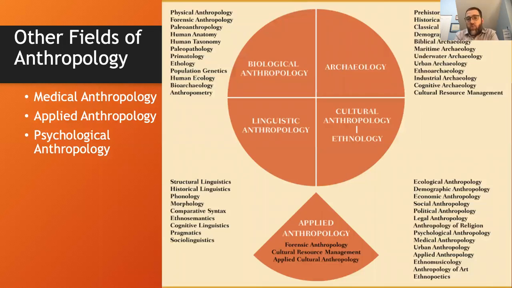So I said that these are the four main fields of anthropology. You don't have to know anything on this PowerPoint slide right here. But if you're interested in majoring in anthropology, or you want to know more about anthropology, these are some of the various kinds of fields and other types of anthropology, there are a lot. As an anthropologist, if you study human beings, you can study just about anything, but you use anthropology as a lens through which to understand these various kinds of things, such as cognitive linguistics, comparative syntax, maritime archaeology, paleopathology. All these things can be anthropological studies.